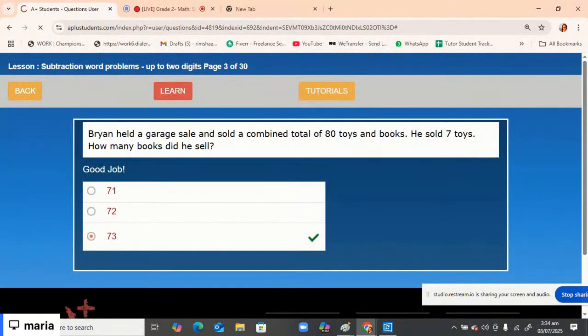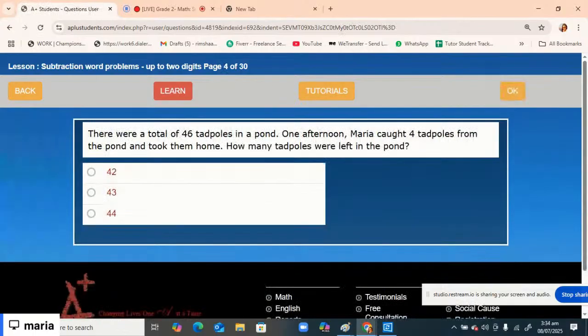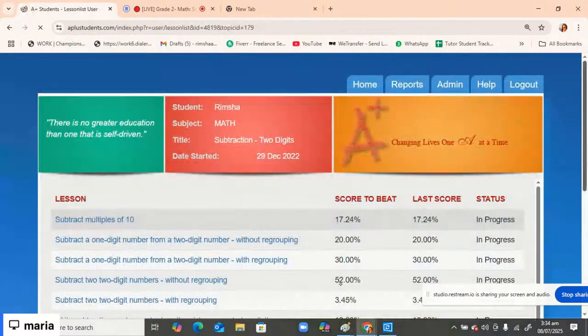Here is the answer we get, okay? Hope you guys understand this lesson as well. Now let's discuss the last lesson of the day, which is